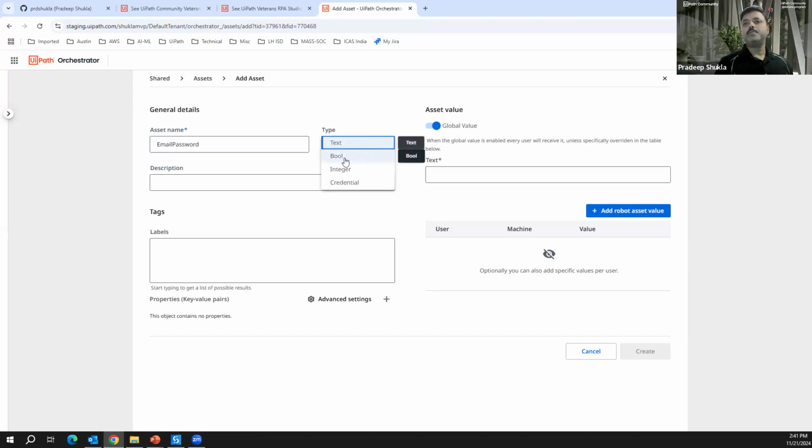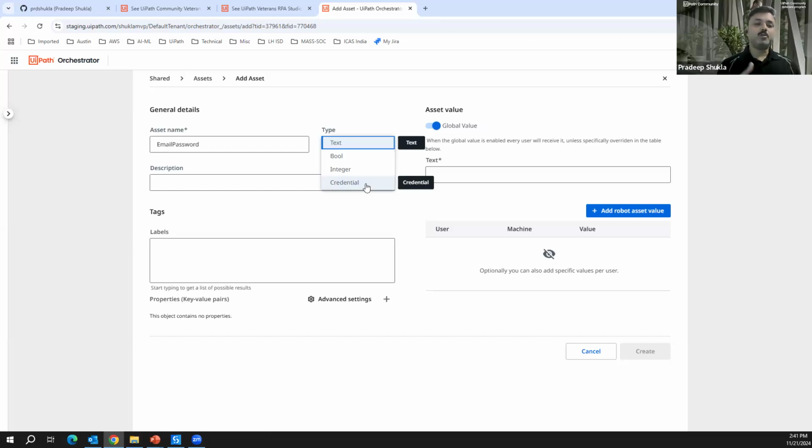Then you can see here in type, we have text, Boolean, integer, and credential. Credential is the one that's most commonly used, but these are other assets as well that you can use. For example, if you're going through an internal system where you have multiple websites, you may want to put that website here. Rather than hitting a public website, you're hitting internal servers, right? A potential website can be load balanced across multiple servers. Okay, and then again, I'm going into too much technical detail, but those are the situations where you can create a